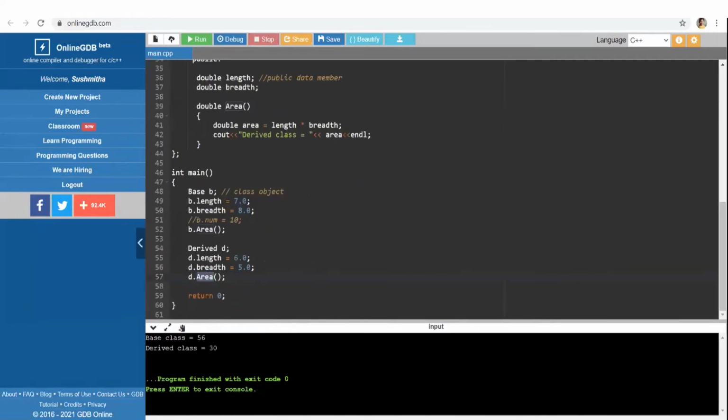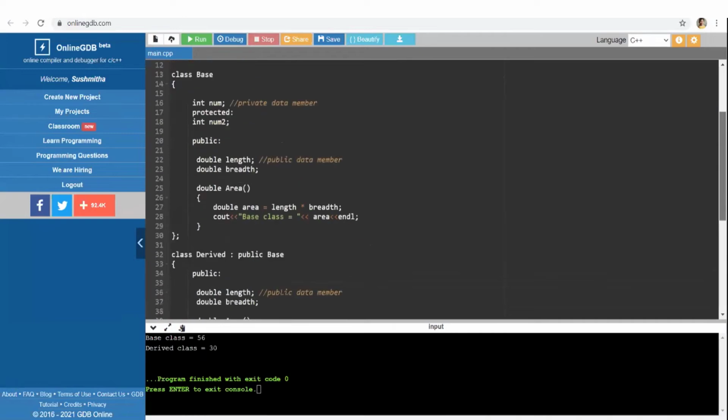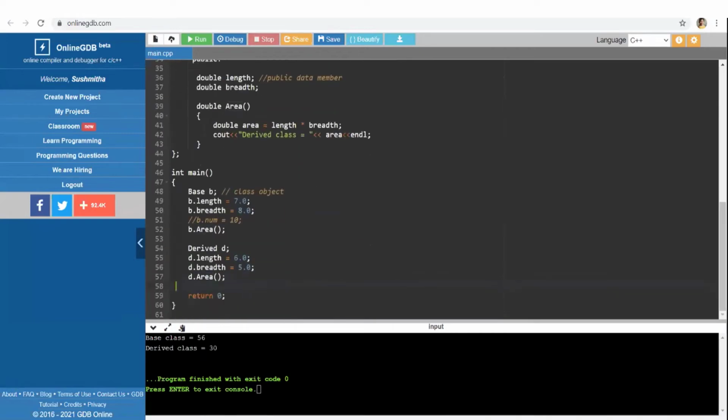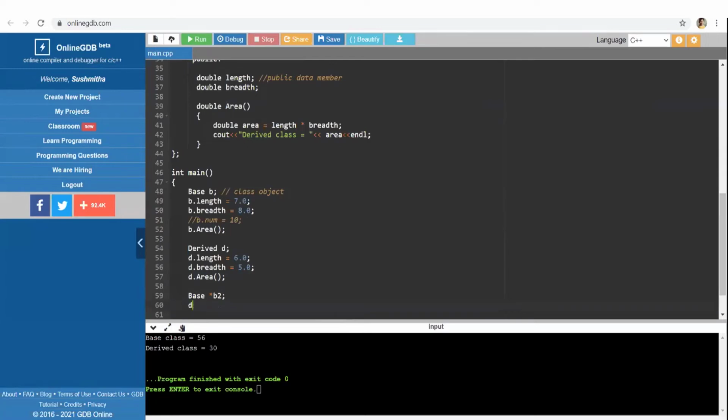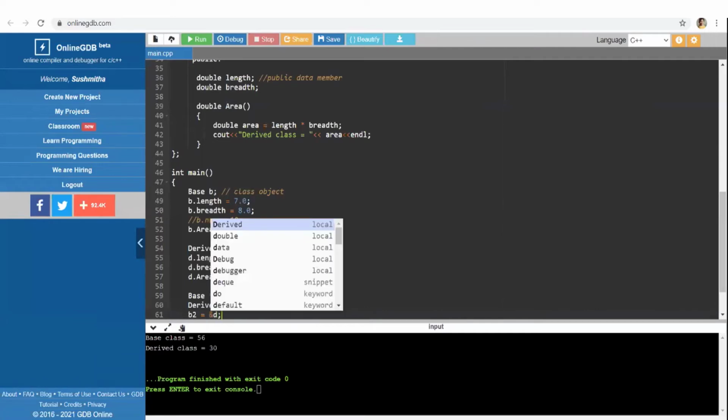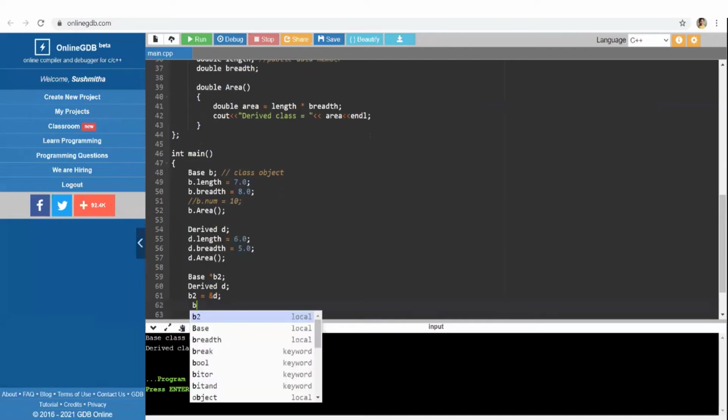Now we would move ahead with the polymorphism concept, which is using virtual functions. Now, I'm having a base class pointer, another base class pointer b2, and a derived class object. Say we have this pointer pointed to the derived class object, and we call the area through this pointer b2.